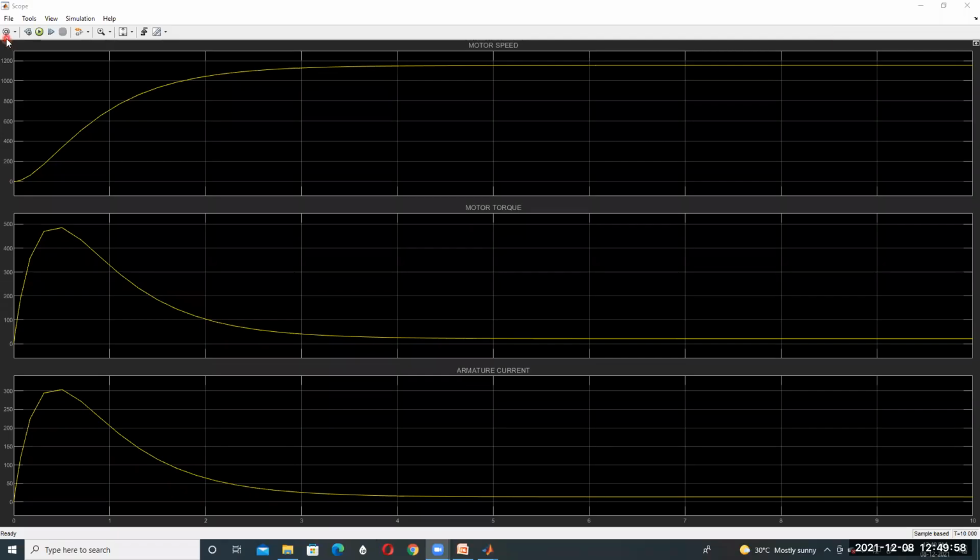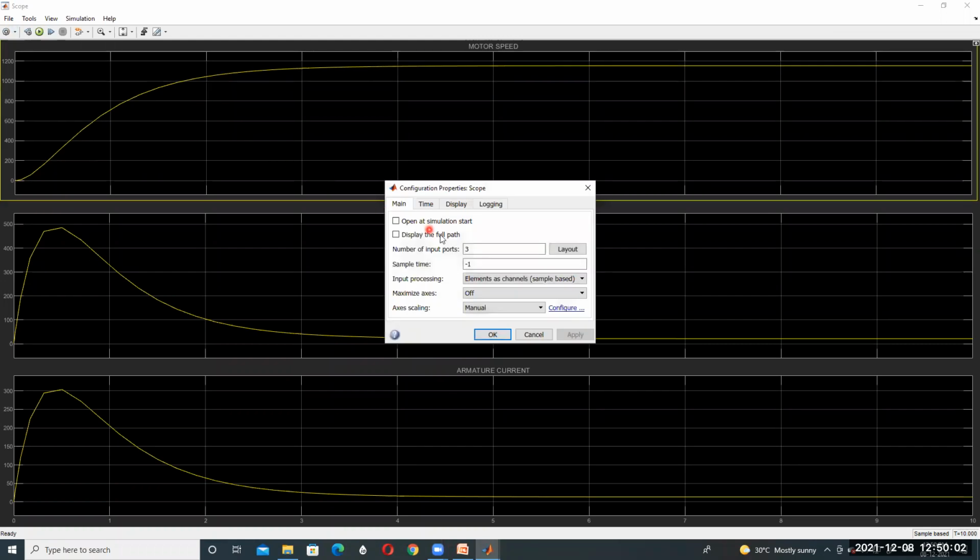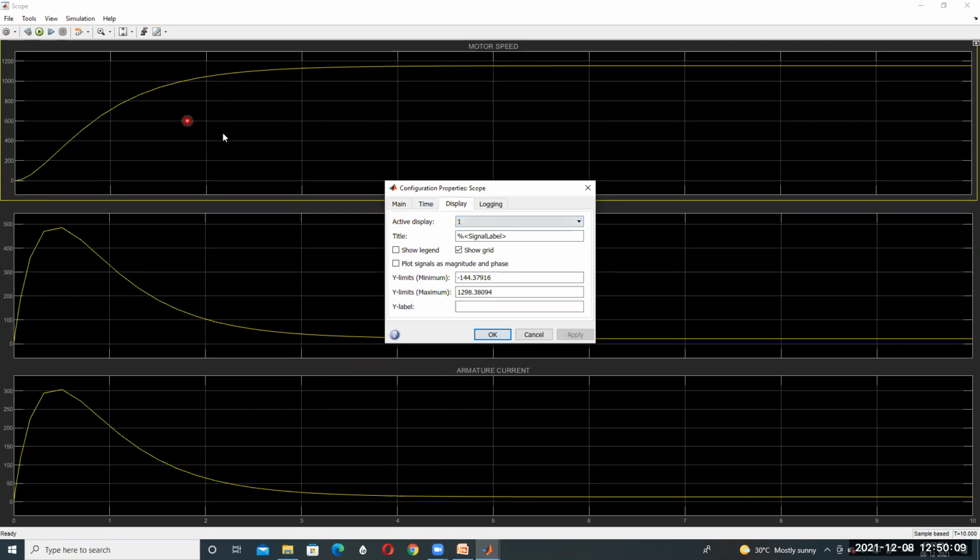After this, press this icon. In this display, active display 1 belongs to the motor speed, active display 2 belongs to the torque, and active display 3 belongs to the armature current.